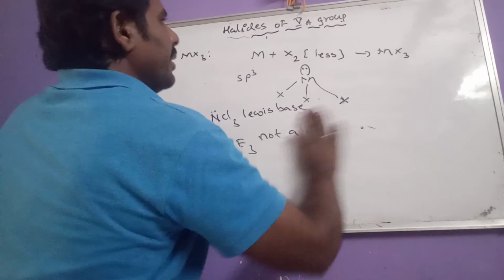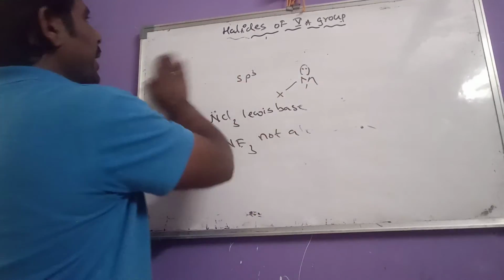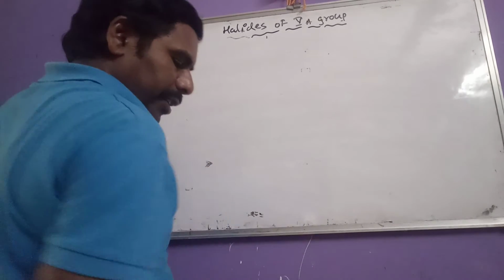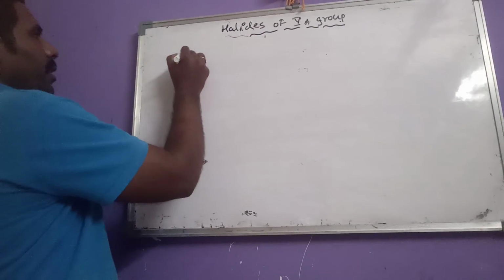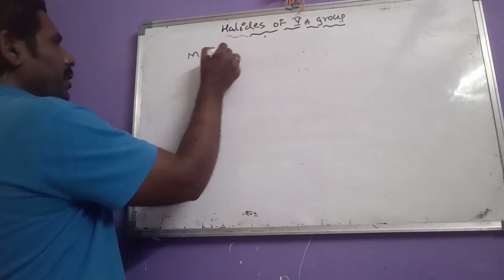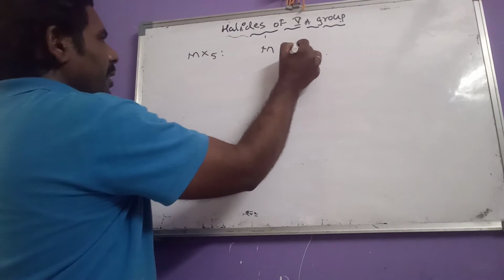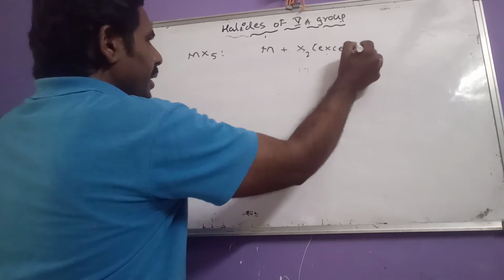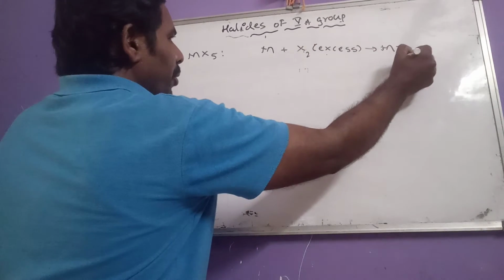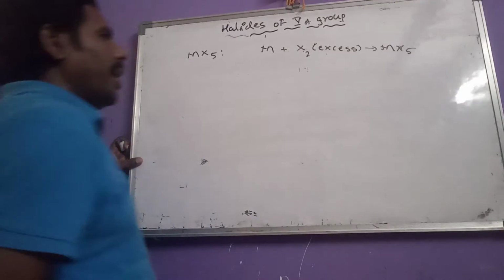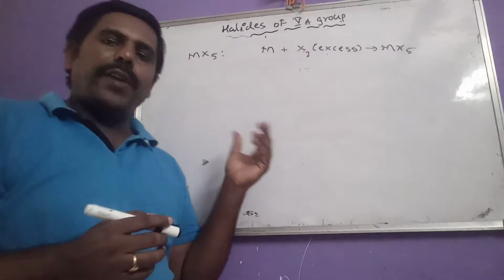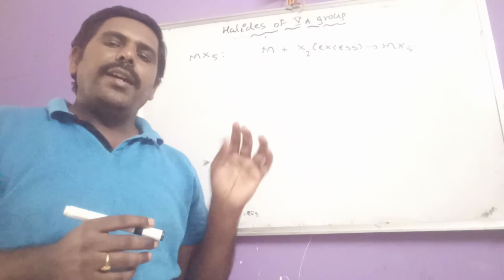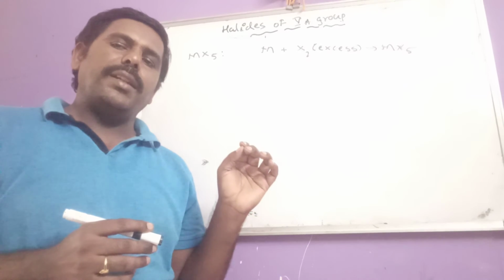Okay, then let us go for the pentahalides of 5th A group elements. So what are the important things in that? First, come to the preparation. Preparation means what here? A 5th A group element when treated with an excess amount of halogen produces pentahalides. Excess halogen plus a 5th A group element will give pentahalide. In this, let us see some important points.